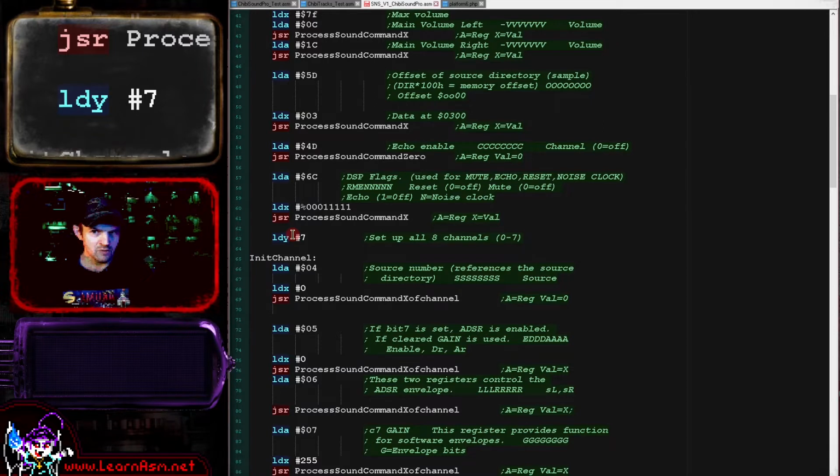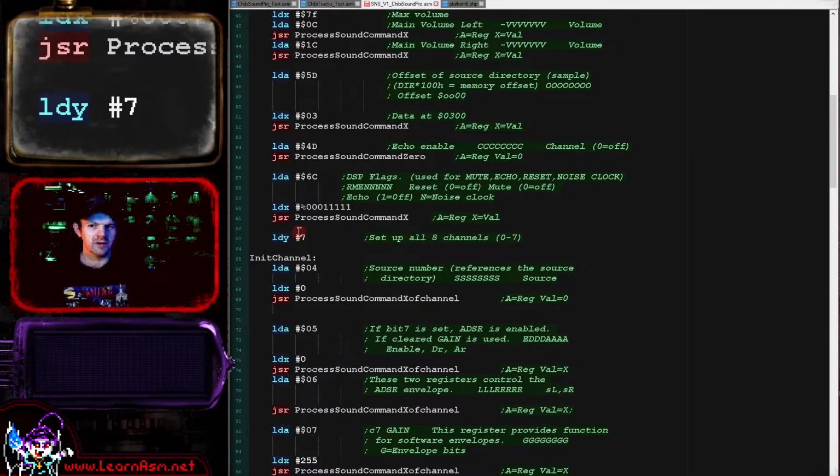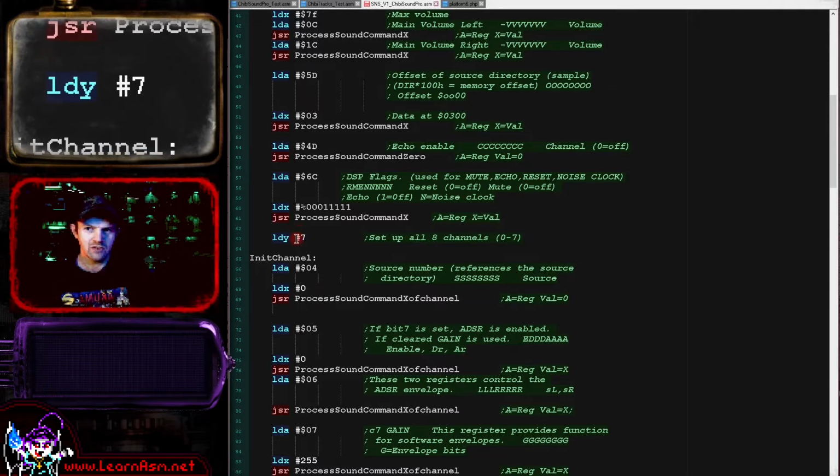Now, because we're basically only using one sound sample in all cases and using a very limited range of sound effects, we're only really using the noise effect, we can set all of these up at the start with the address of the sound sample, for example, and various other effects. So we can set all these up once and then just use them the same for every single note we want to play. If we were using more complex sound with different instruments, we couldn't do that, but because we're so basic, we can. So we're setting the Y register to 7, and we're going to run this 8 times